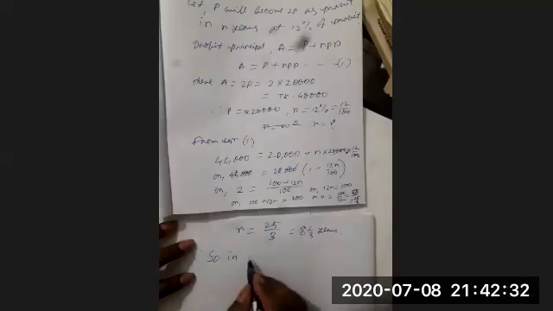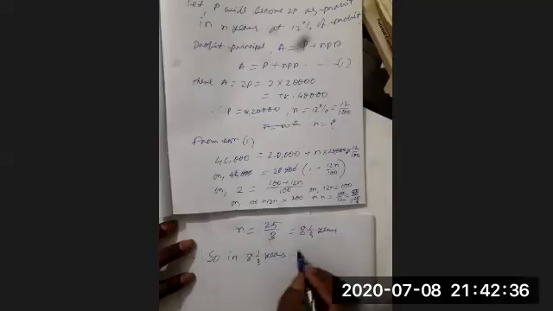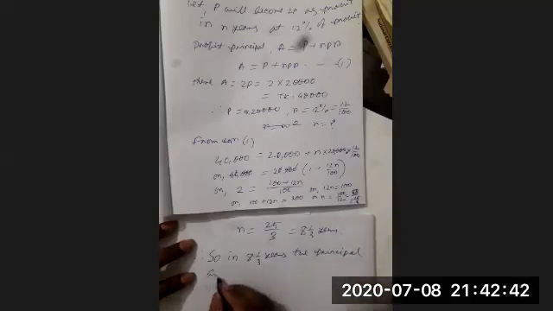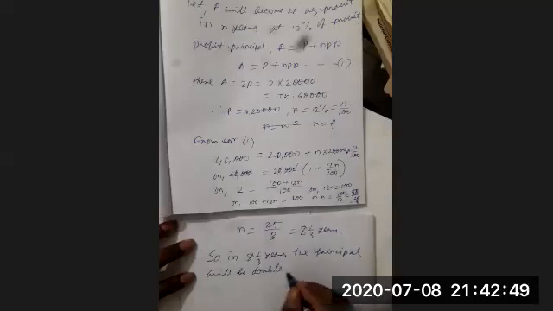So in 8 and 1 by 3 years the principal will be double as profit principal at 12%. Okay,